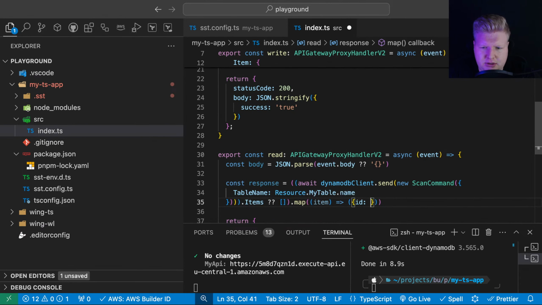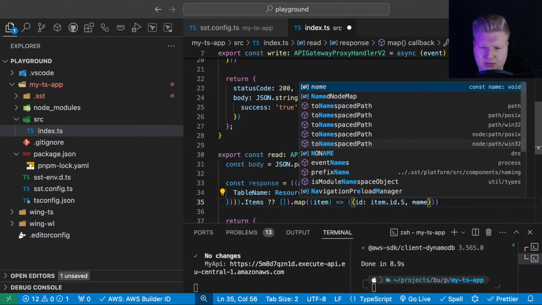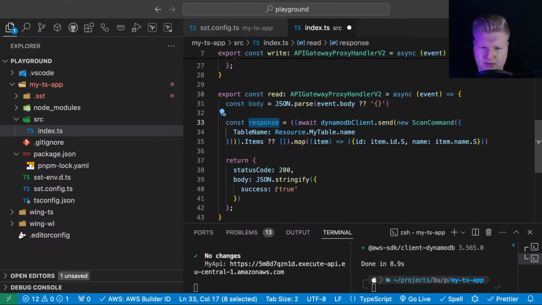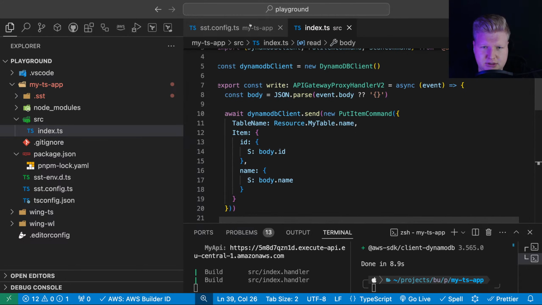We do id: item.name.s, like this, and name is going to be item.name.s, and we can do stringify response like this.